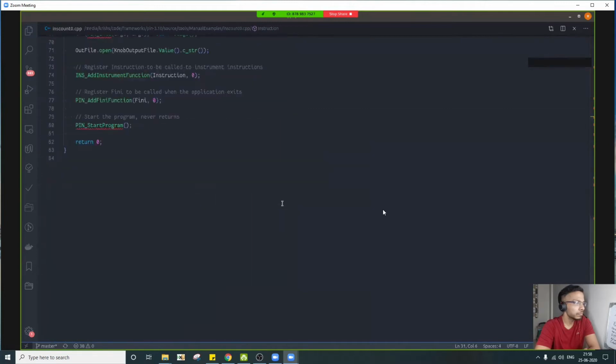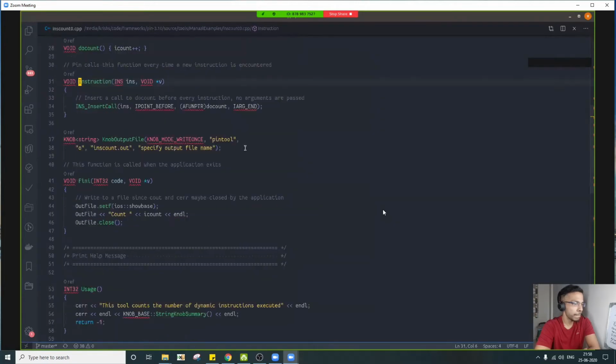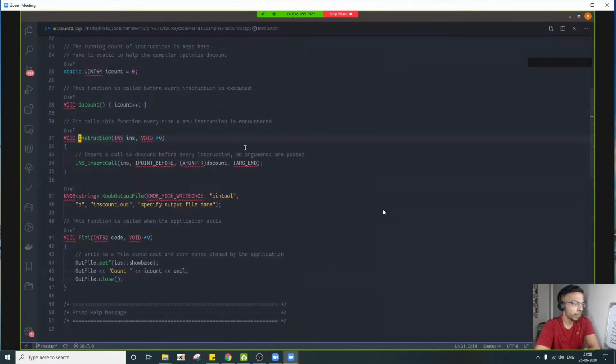Basically, every AddInstrumentFunction takes a callback to a function where pin is going to call your function for every instruction, basic block, or module.